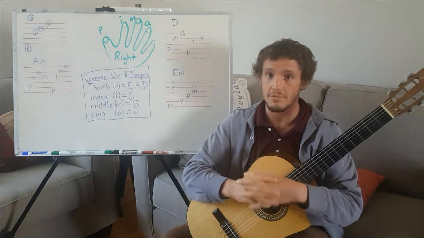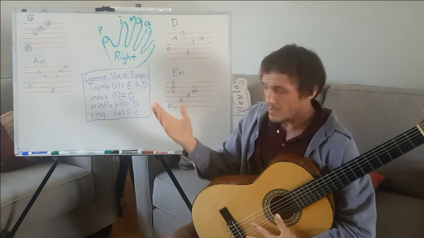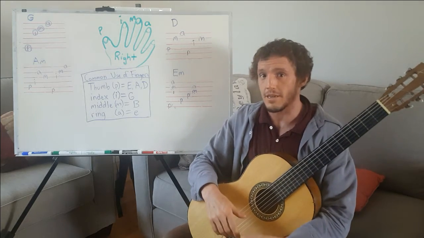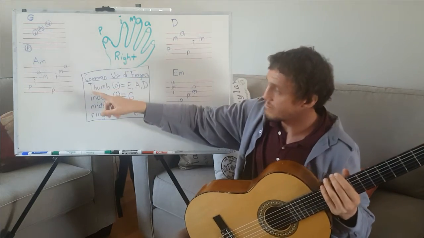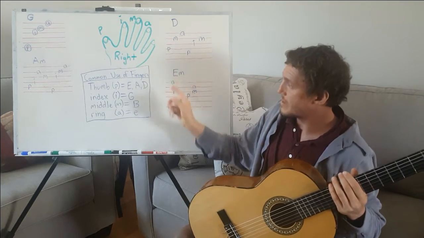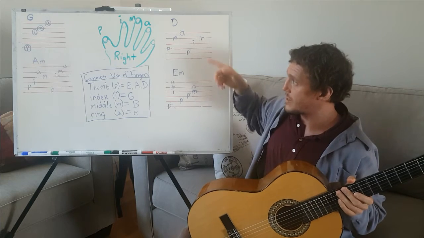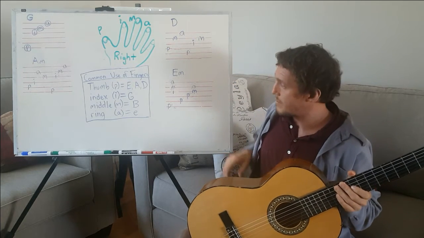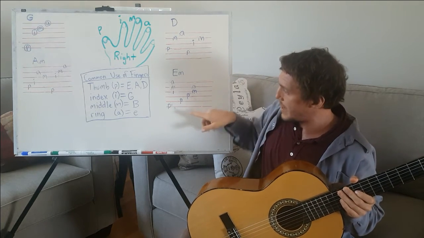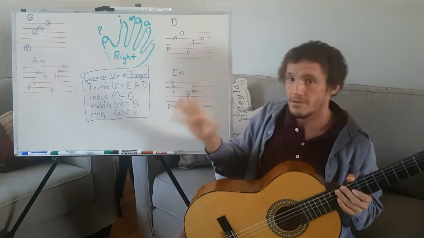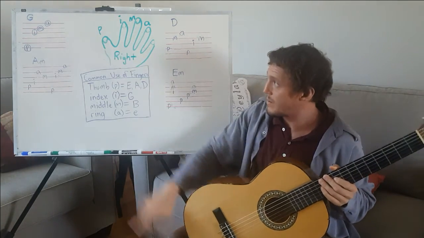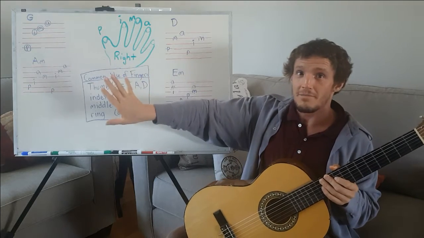So a couple things you'll need to know for today's lesson. You'll need to know a G chord, an A minor chord, a D chord, an E minor chord, and you'll also need to know how to read these little tablature examples I have written up here. They indicate the strings and the finger letters that I've written right here in my beautiful drawing of the right hand,